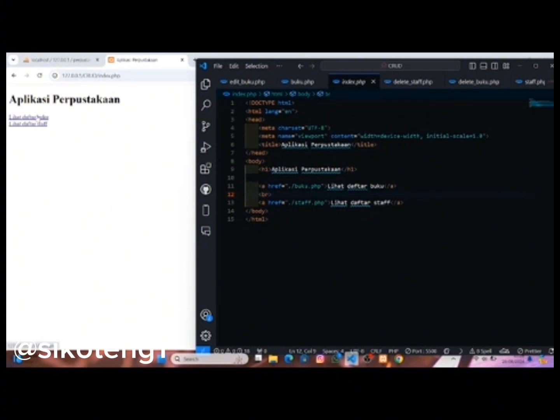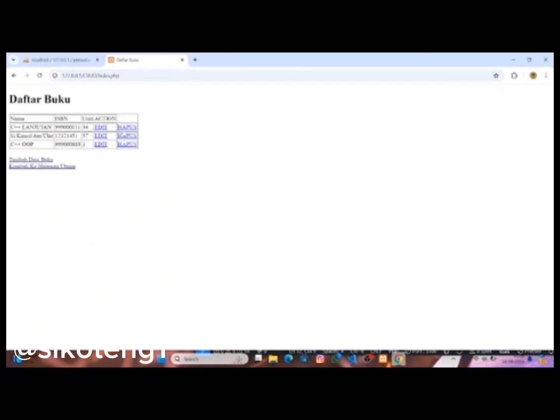We can click here, lihat daftar buku, and you can see there are 3 books in here: C++ lanjutan, C kancil dan ular, and C++ op, with number, ISBN, unit, and action.